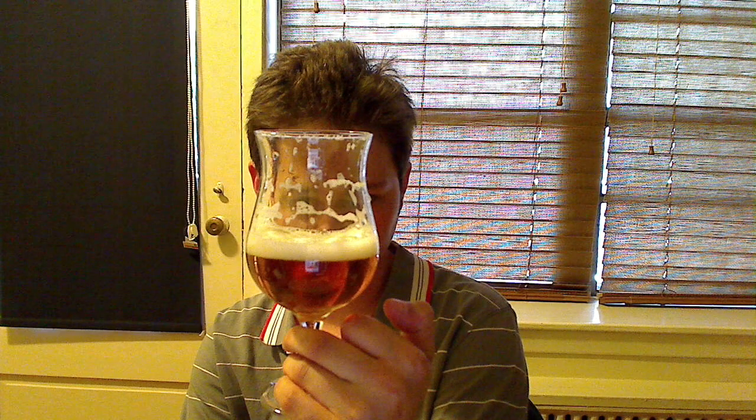Oh yeah, goes down very smooth. You see, you don't see any carbonation bubbles working their way to the top, but I'll tell you, it is a very medium carbonated taste, and obviously, judging by the head, this is a carbonated beer. I even got a little bit of lace, which is great for an IPA. IPAs aren't big lacers. I can say that from drinking a lot of IPAs. I even have another one in the fridge,